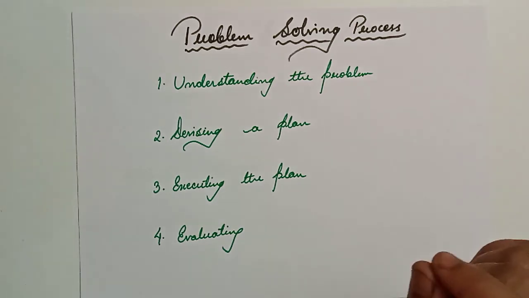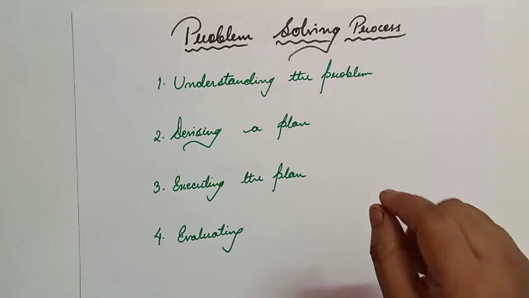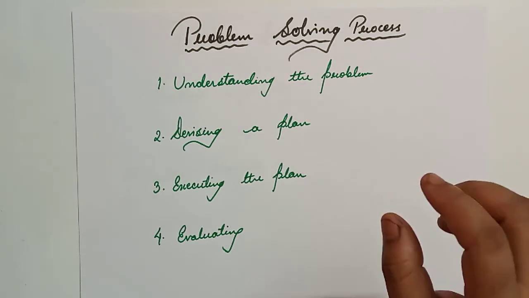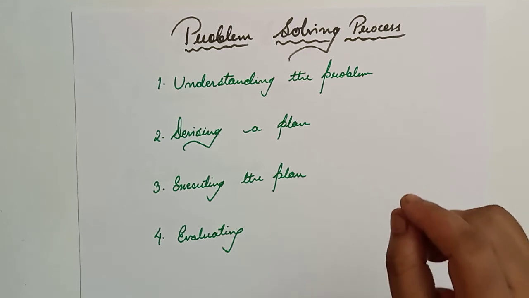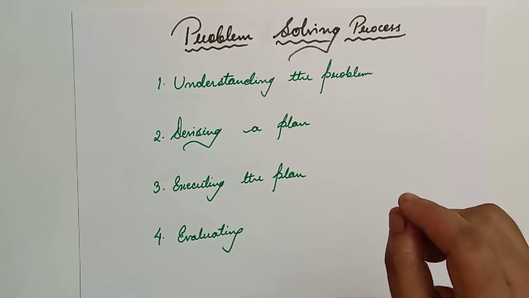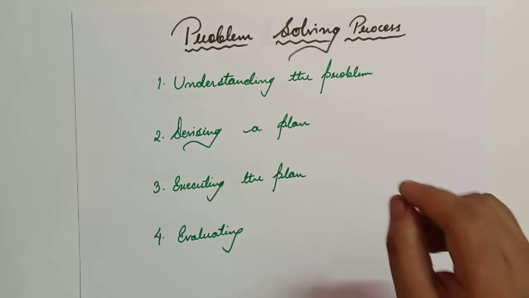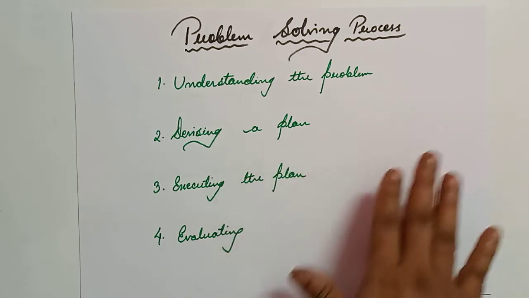The next step is to devise a plan. It means drawing an action plan to solve a problem once understood. A plan is devised from data processing to the result according to the relationship that links both of them. If the problem is trivial, this step will not require much thinking. Okay, so once we have understood the problem, next we have to draw a plan.